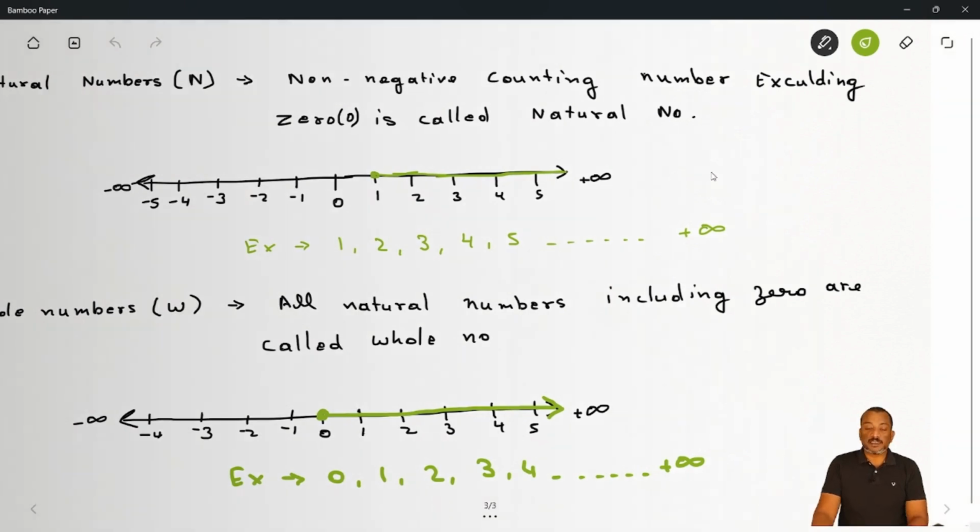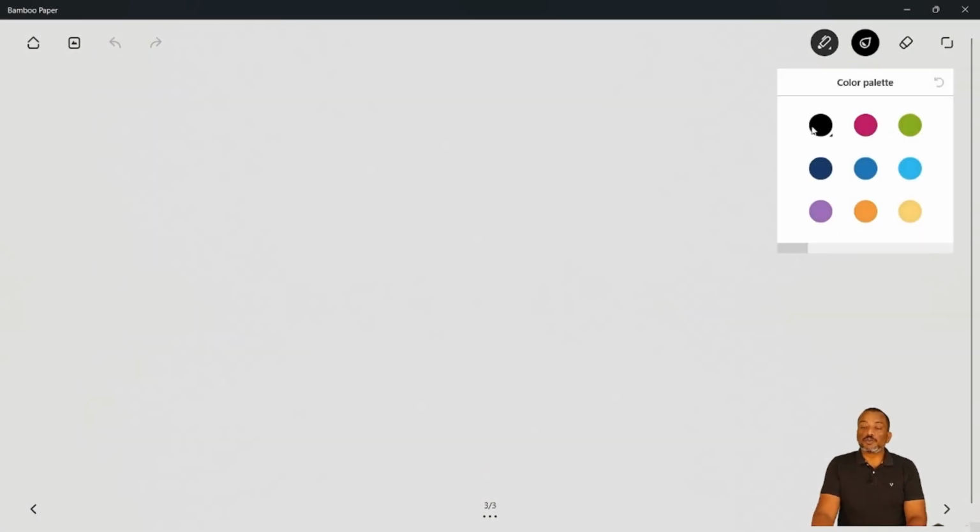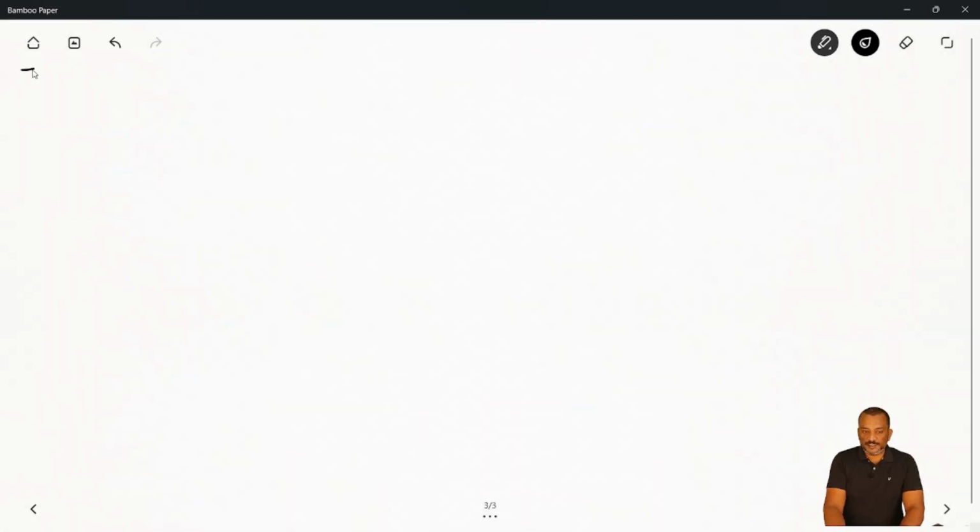Now let's come to the next part. So now in the next part we talk about integers. Next number we have is integers. So integers are represented with capital letter Z. Okay, so if I talk about integers, all natural numbers,